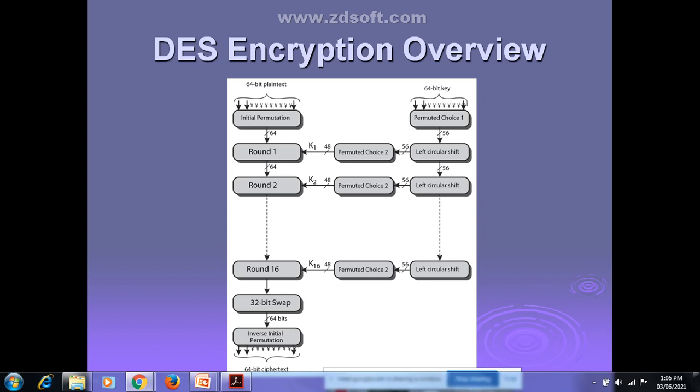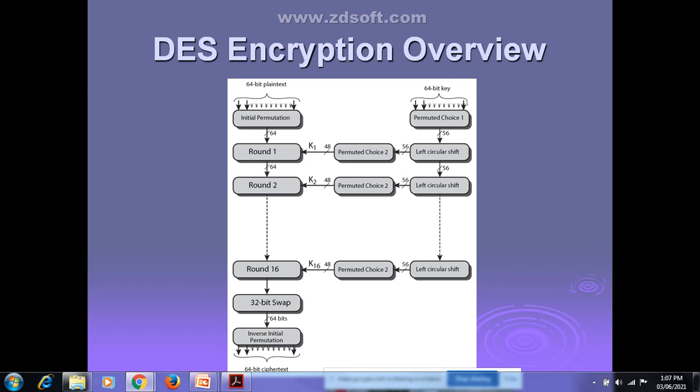First, the 64-bit plain text is passed to the initial permutation. Permutation means just rearranging the sequence of the bits present in the plain text. The initial permutation rearranges the bits of the plain text message to produce the permuted input.